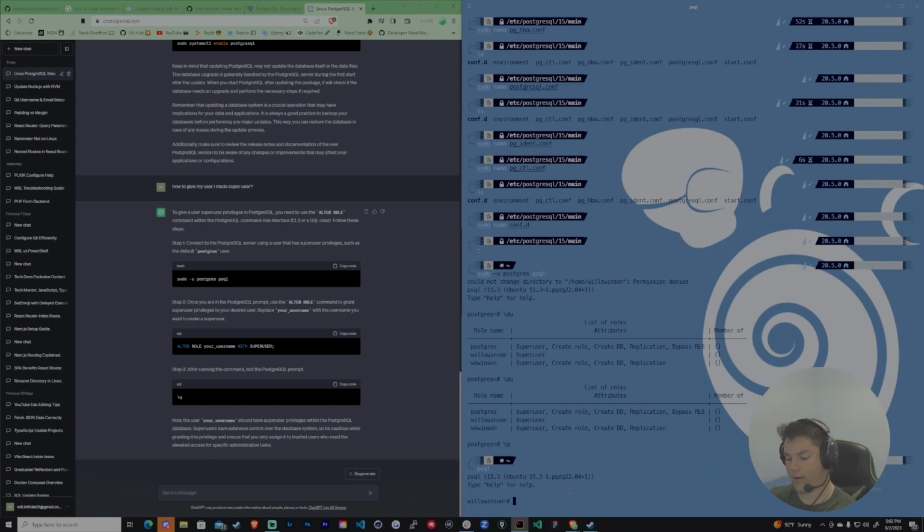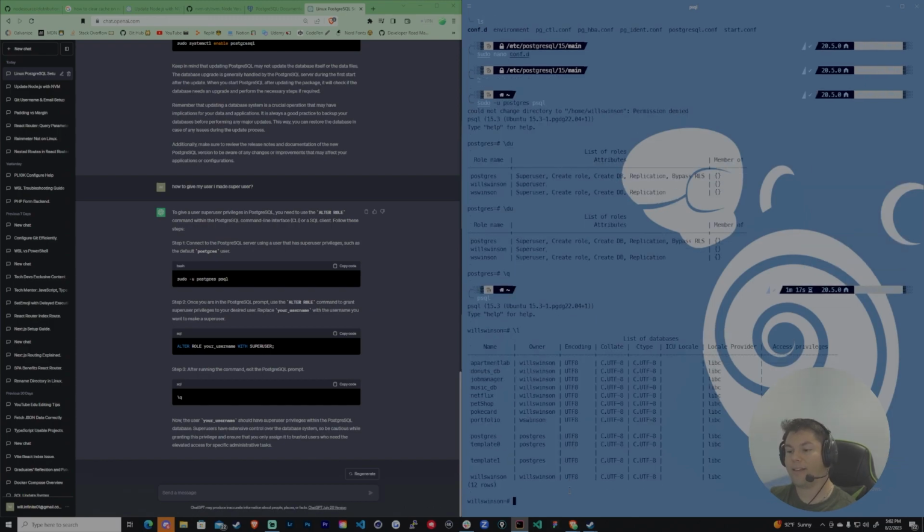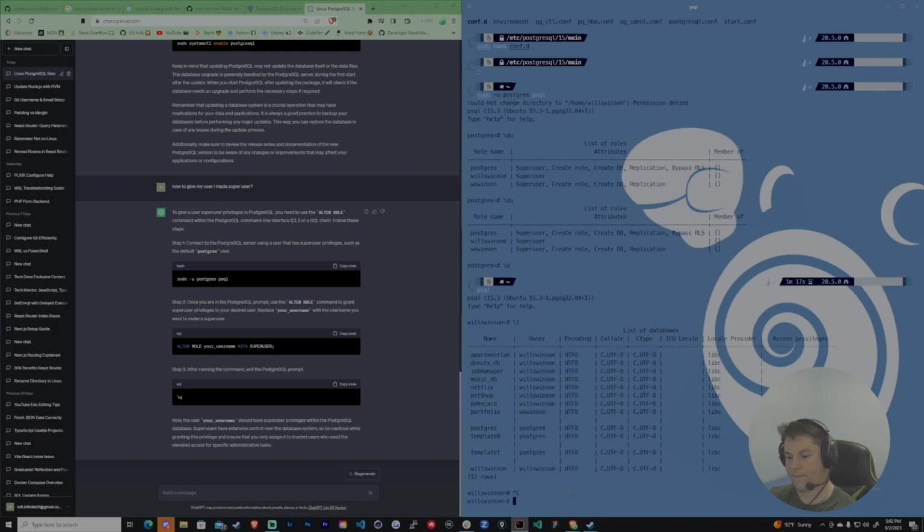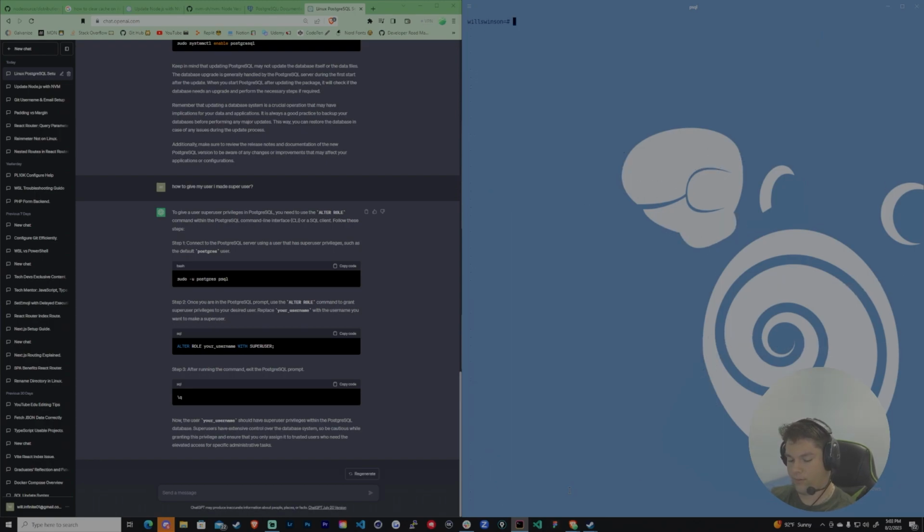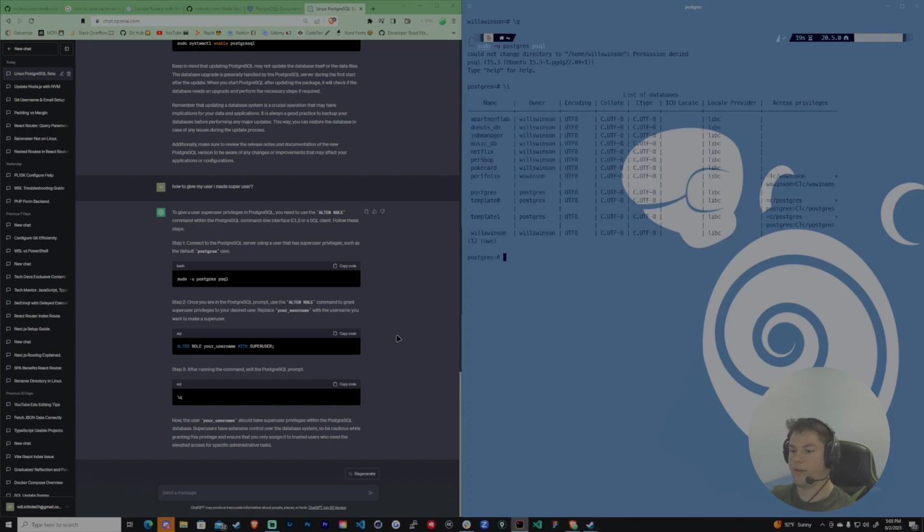Actually, one last thing you're gonna have to do is make a database. So you won't see any of this. So we're gonna go back, up arrow. So the last thing you're gonna want to do is CREATE DATABASE, and then you're gonna put the name of your user that you just gave superuser access to. And what this is gonna allow for you to do, and you're also gonna add that semicolon, hit enter, and then you'll do a \l, and what you'll see is